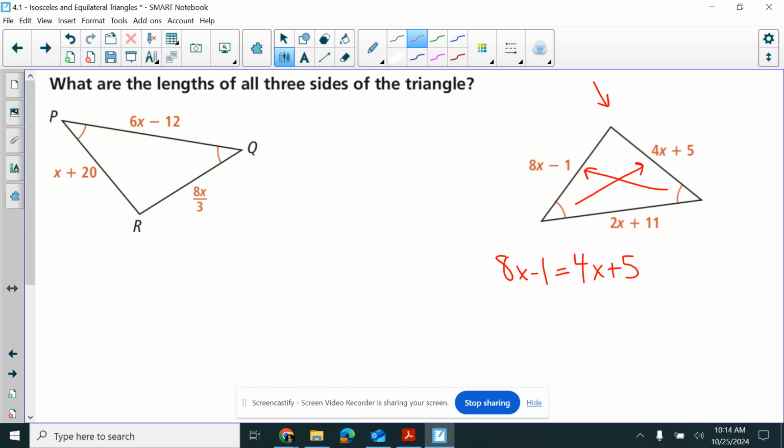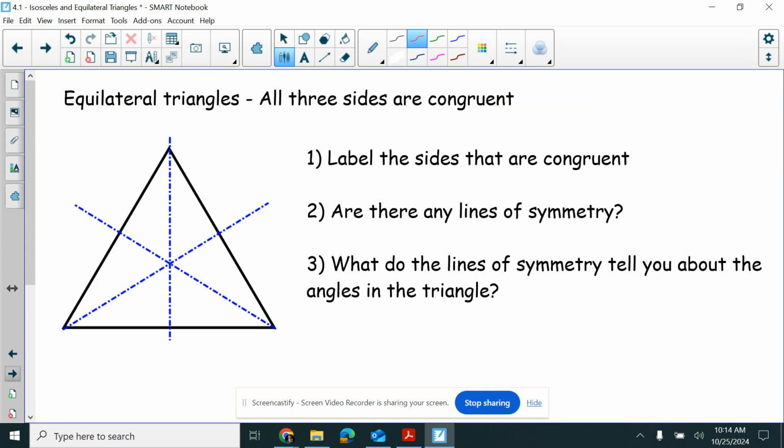Those are isosceles triangles. And then equilateral triangles are when all three sides are equal. So if I have three equal sides,